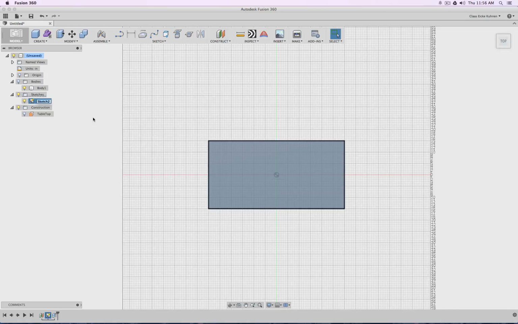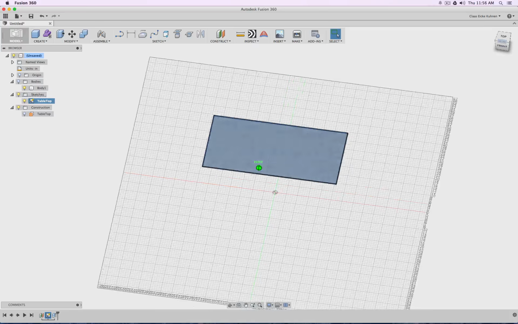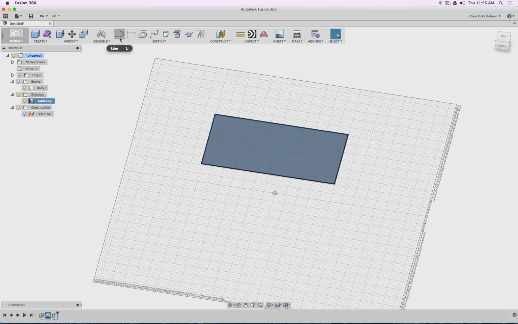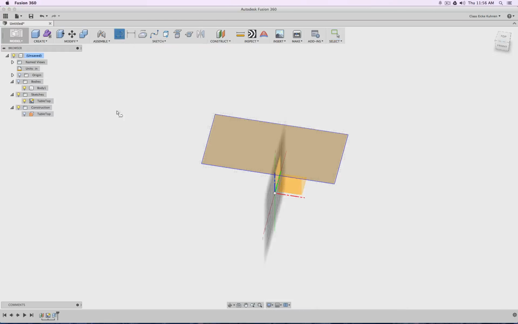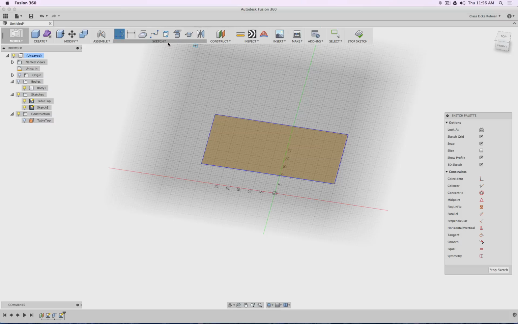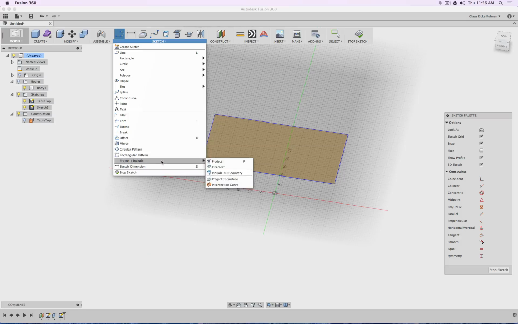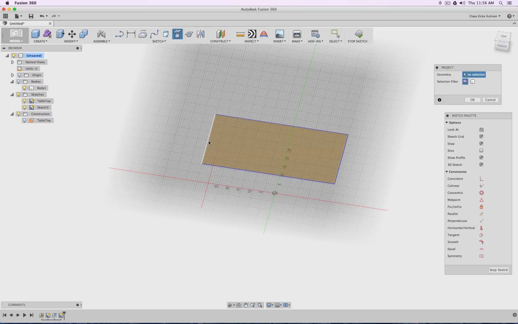I name this one again tabletop. Okay, and I would like to create a new sketch on the ground. You see I have to move my mouse till it looks like I'm snapping to the ground plane. Good. And then I actually project this edge and this edge and this edge